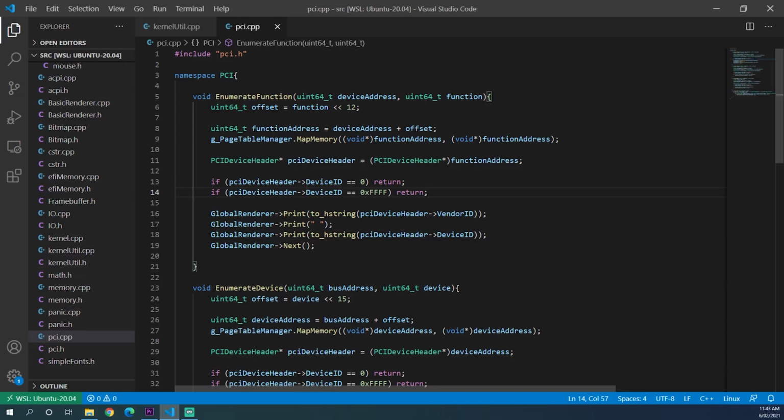In the next video, we will create some lookup tables to be able to convert these vendor IDs and device IDs to actual descriptions so that we can have a more detailed output of what devices we have in our system. And we might also start diving into how to create a controller for one of these specific PCI devices. So that will be